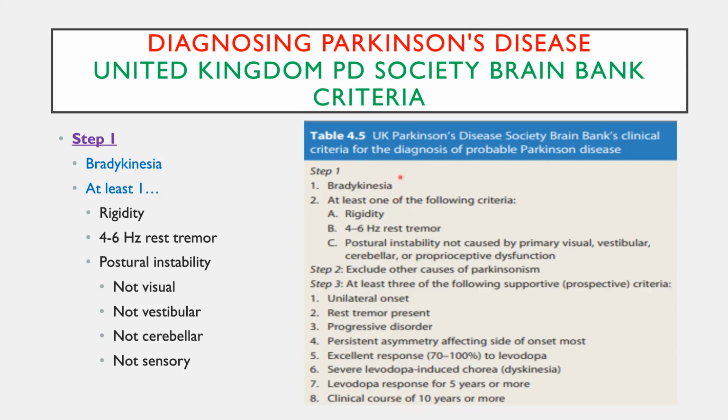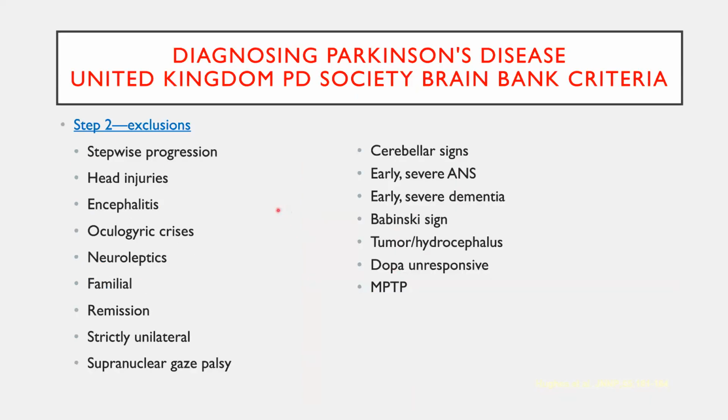Okay, this is step one. In step two, you need to exclude the other causes of Parkinsonism because there are so many causes like head injuries, encephalitis, drugs, genetic Parkinson's, and associated atypical Parkinsonism features, dementias, all those things to be inquired. Because if patient is having these symptoms along with it, you cannot classify the patient as idiopathic Parkinson's disease. So it will come under secondary Parkinsonism or heredodegenerative conditions or multiple system atrophy related Parkinsonism. So you need to exclude all these causes. So whenever you are labeling idiopathic Parkinson's disease, you need to exclude all the causes.